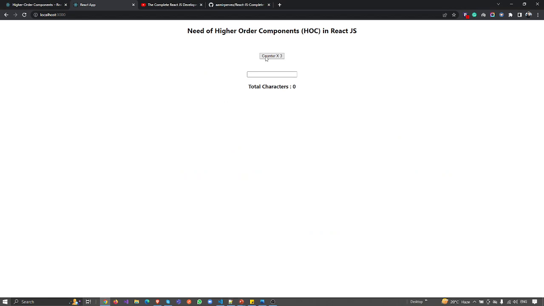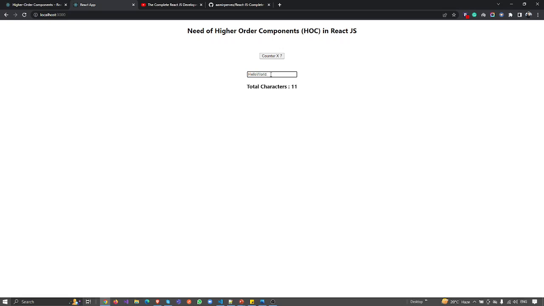So I'm clicking here and it's giving me number of counts. And when I write something, hello world, you can see it actually giving me the counters. So if I click here, it increments this, and if I write here, it actually increments this. So great guys. These are the two different components, and we are handling the counter in between